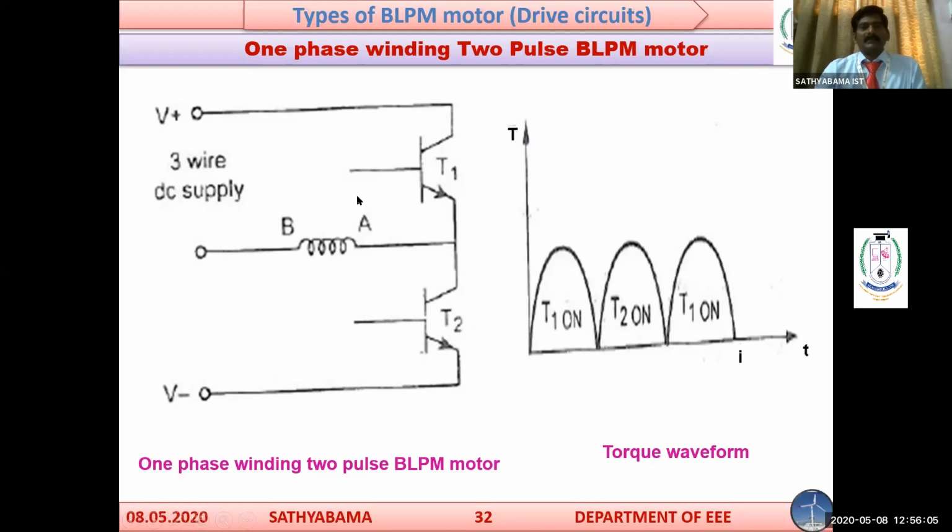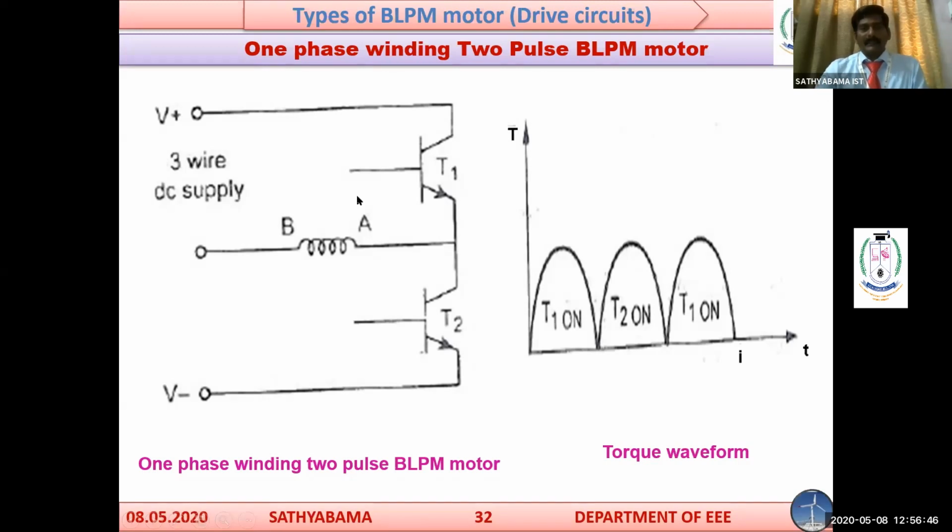For star connected stator winding, 2 phase windings will be connected at any instant. Therefore, EMF induced is equal to EMF of phase 1 and EMF of phase 2, the 2 phase windings. Therefore, this equation is multiplied with 2. Therefore, E equal to 4 n phase Bg l r1 omega volt, or simply E equal to k phi omega, where k is 4 n phase and phi is Bg l into r, where Bg is the flux density, multiplied with the area gives the flux. This is the EMF equation.